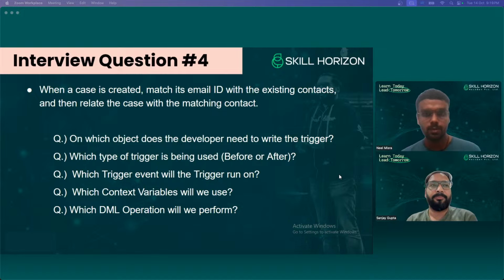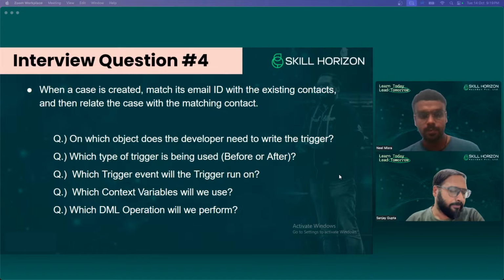You need to write 5 answers, like 1 hyphen the answer, 2 hyphen the answer. So this way just write your 5 answers. Let's do one by one. What will be the answer for the first question? On which object does the developer need to write the trigger here?